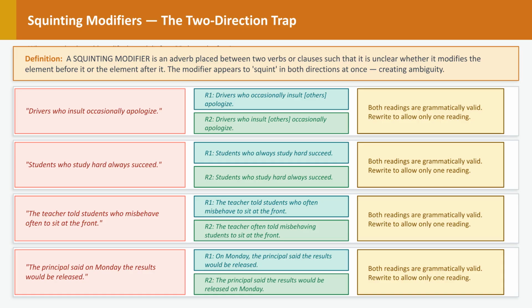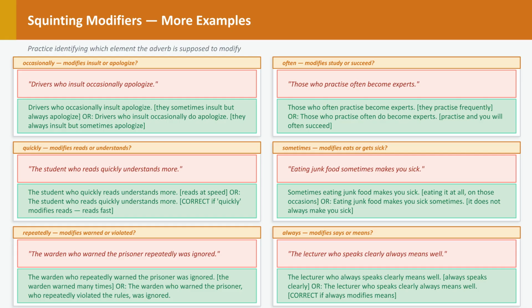Section 6 addresses squinting modifiers, a two-direction trap where the adverb's position causes ambiguity by potentially modifying the verb before or after it. A squinting modifier sits between two verbs, making it unclear which one it modifies. To correct this,